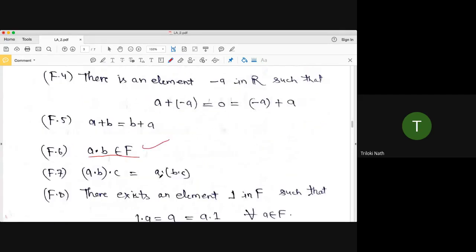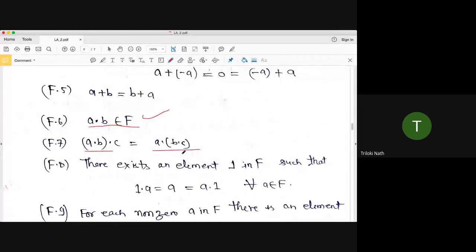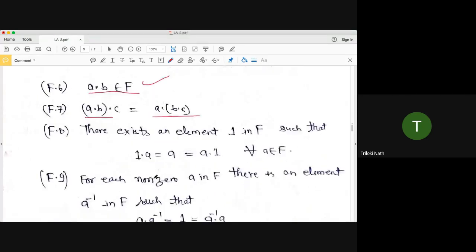Another one is called the associative rule. That is, if the order is not changing, then you can group any two elements together. That is, (A dot B) dot C is the same as A dot (B dot C). There exists an identity element with respect to multiplication that is denoted as 1. This one is not the usual real number one. It may be anything. Such that 1 dot A is equal to A dot 1. Here 1 is just a symbol. It is not the usual real number one. It is just a symbol because we are writing one like this, so we can understand it.